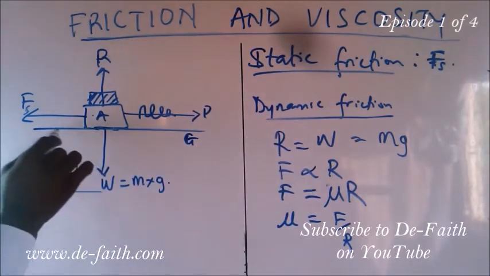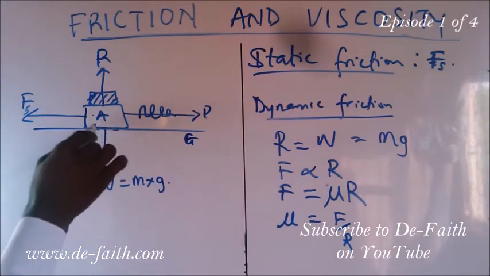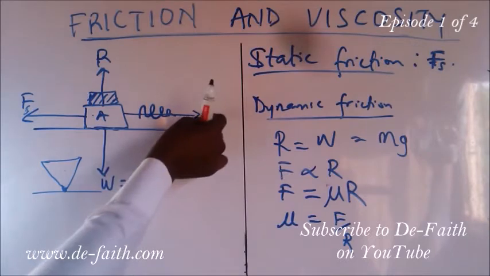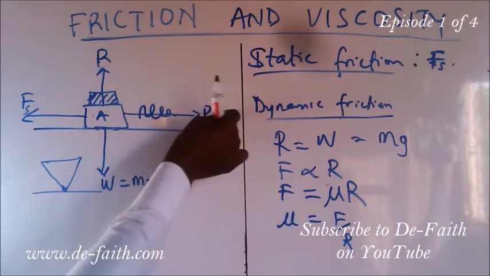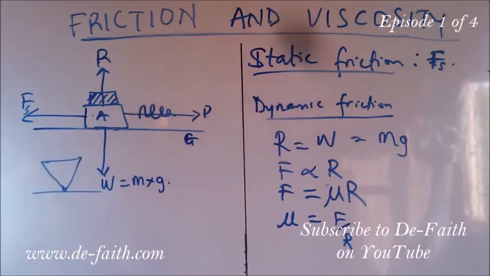But if we have a smooth body, whereby this ground is smooth, likewise the surface of A is smooth. Now if it is completely smooth, we may even have a zero frictional force, that is, whereby there is no force, and any small force that is applied to move it in this direction will lead to the movement of this body over. And then we have number 4, saying that it is independent of the relative velocity between the